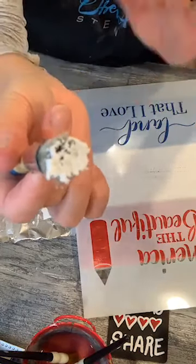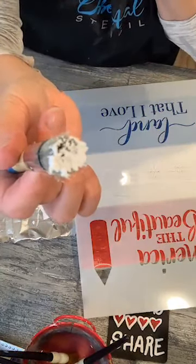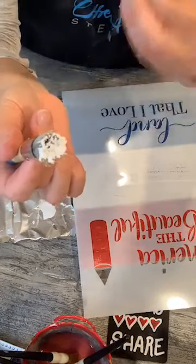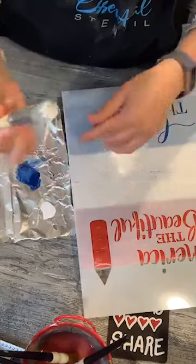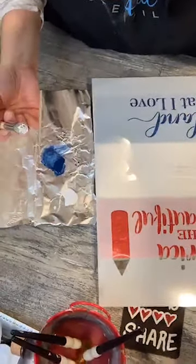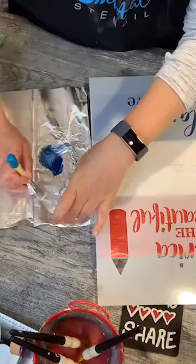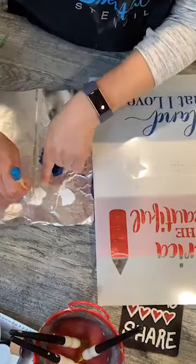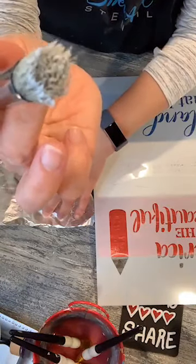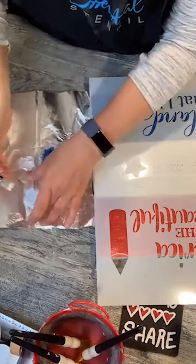It is way, way too much paint. It's entirely too much paint. I need to get it off the brush, most of it. We want to use a dry brush. So I come in over here on my tin foil. I call this the land to offload, and I'm going to offload in a dry place where there's no paint. I'm going to offload most of it, still entirely too much paint, and then I'm going to come over here